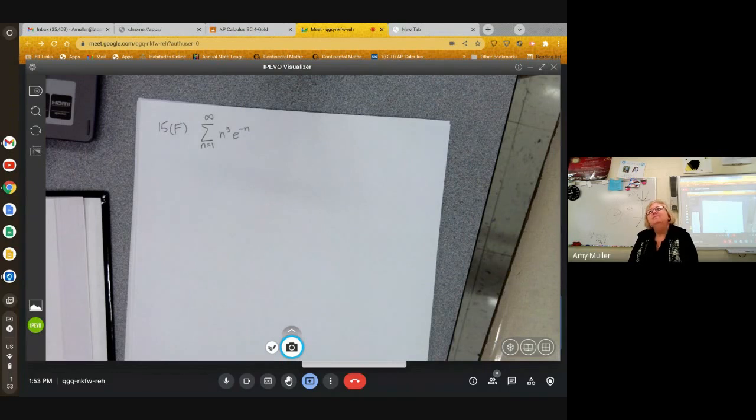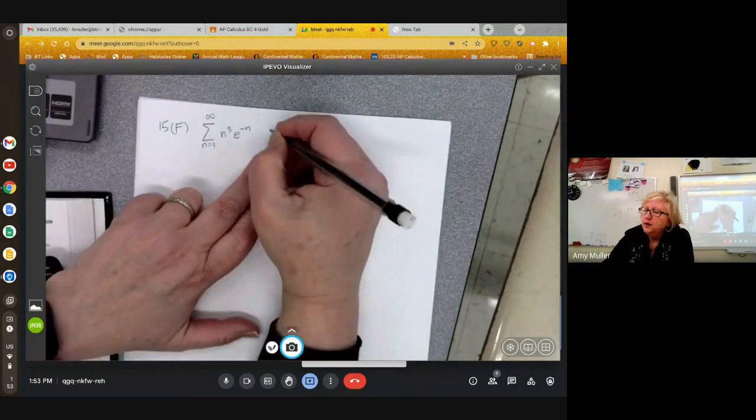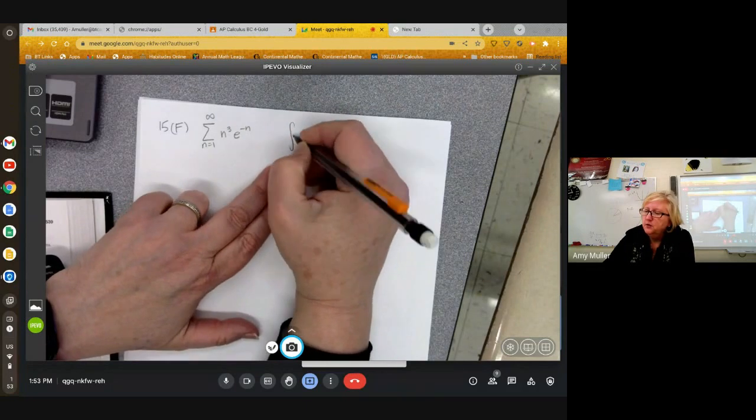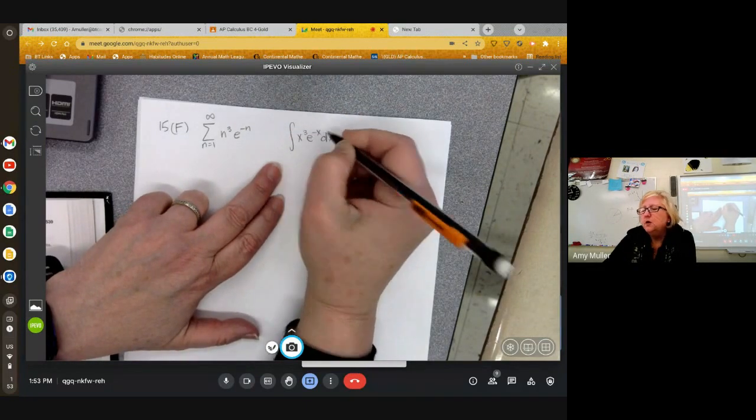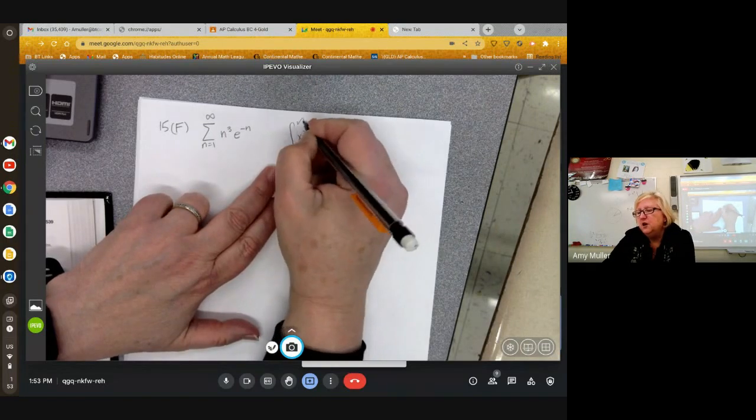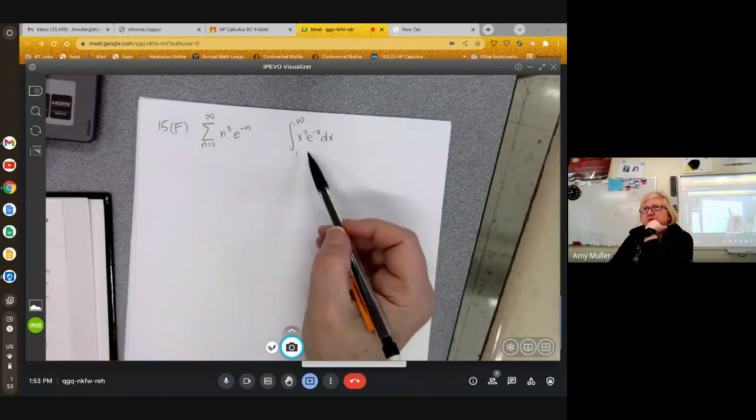Do you use the integral test when you can tell that you can integrate it? Yes. Okay, so what do I want to compare this to? I want to compare this to the integral of x to the third e to the negative x dx. In order to do this, what do I have to know? I have to know that this function is